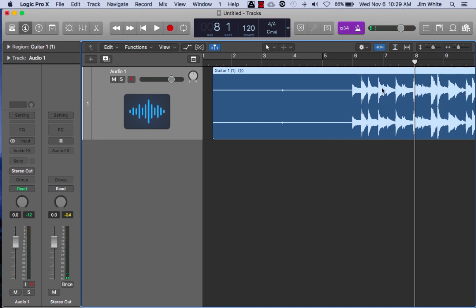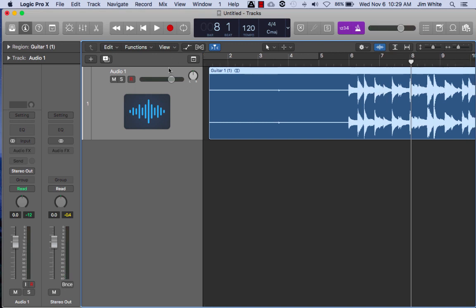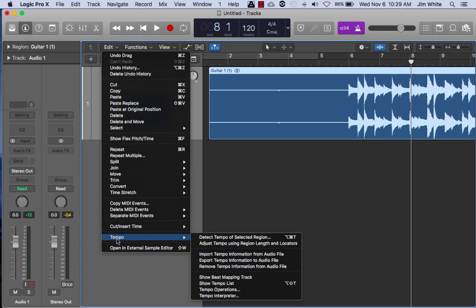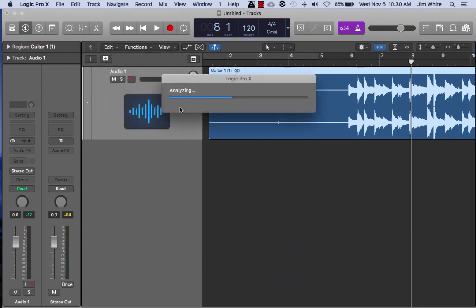So now I want to conform this. So make sure this track is selected. Go to Edit. You'll see there's many tools here just under the Edit window. I'm going all the way to the bottom to Tempo. From Tempo, I'll slide over and you'll see again many options. Detect is the one I want to do because I want to find out exactly what the tempo of this song is currently. I'll click Detect Range. It will do an